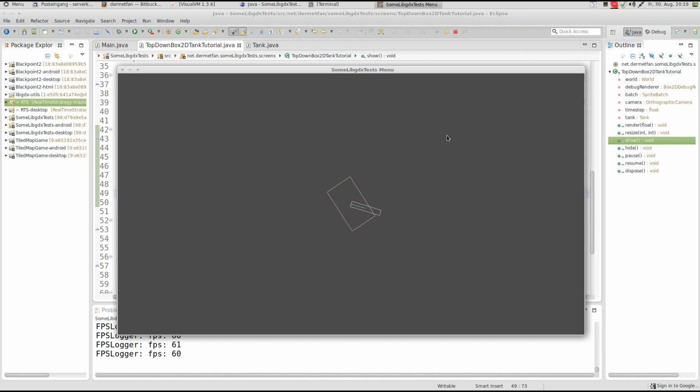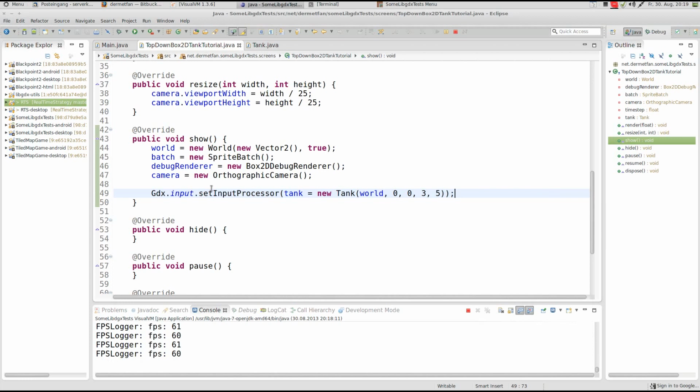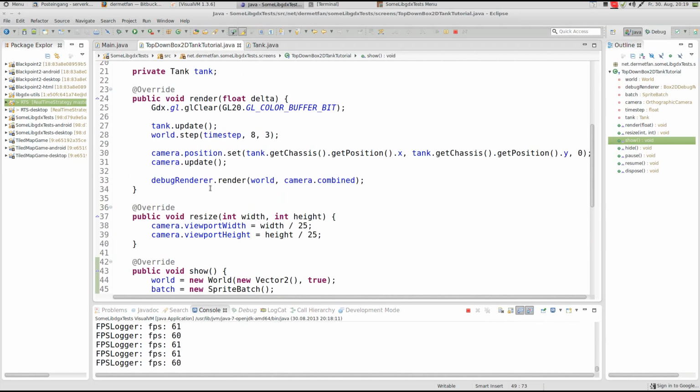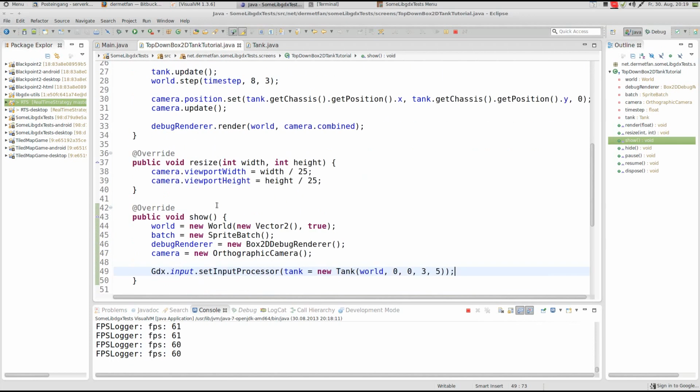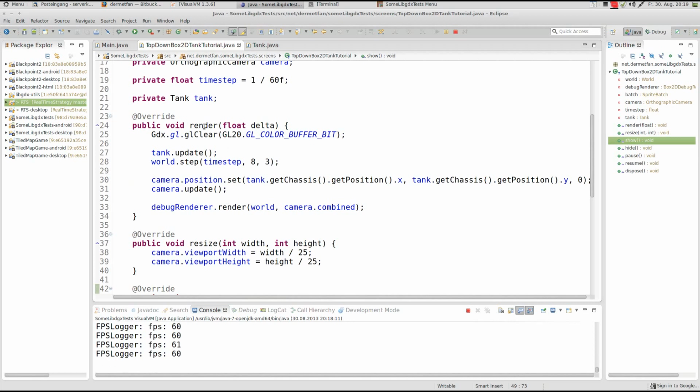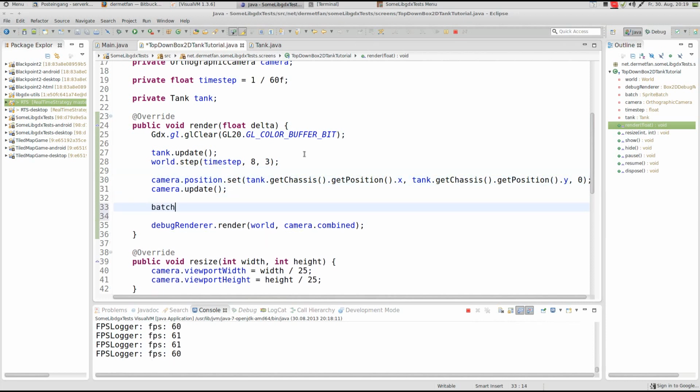The tank is driving and doing weird stuff with the cannon because we don't have any controls for the cannon yet. But we can control the tank already. Now there's still one weird thing that you will notice if you actually add some ground or background to this. So let's go into the render method and say batch.begin,